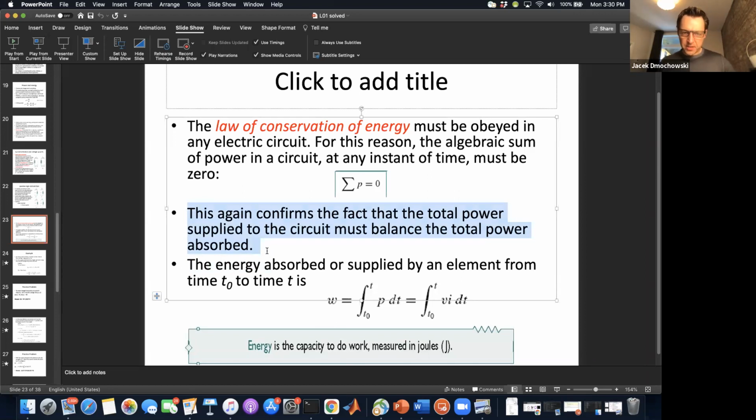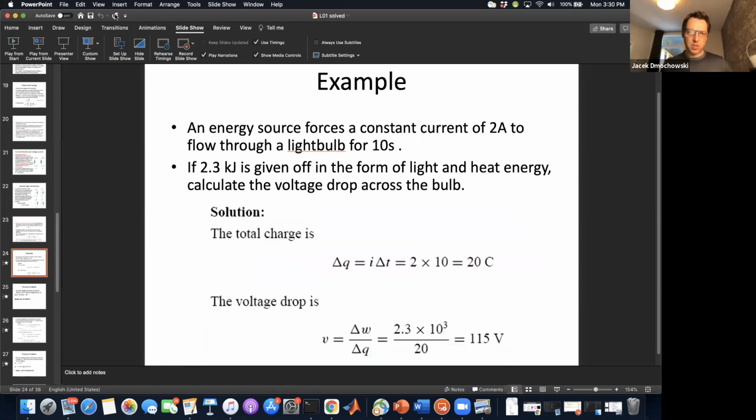Okay. So another way of interpreting this equation is that the total power supplied to the circuit must equal the total power absorbed. So you can't lose energy along the way. And we know that the energy absorbed between 2 time points is just the integral of the power between those time points. And hopefully you remember that the unit of energy is the joule. So for example, let's see,